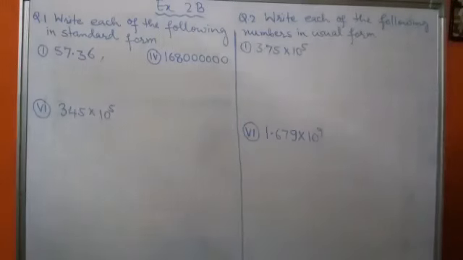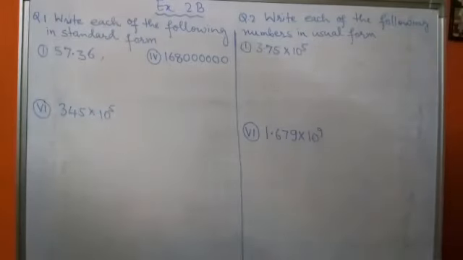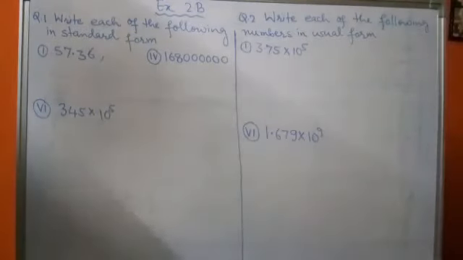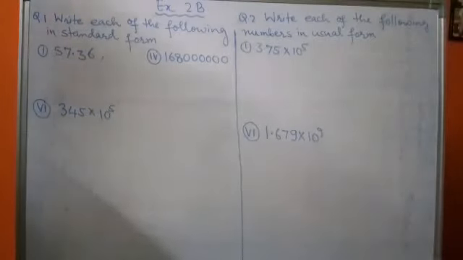Good morning students. In our previous class we have learnt about numbers expressed in a definite form, that is known as standard form. The numbers which are to be expressed in standard form are either a very large number or a very small number. The smallest number is purely based on decimal numbers. Now here we use exponents in expressing the standard form of a number.